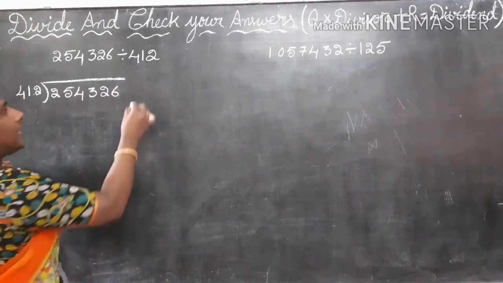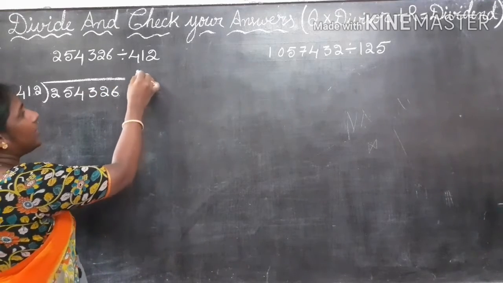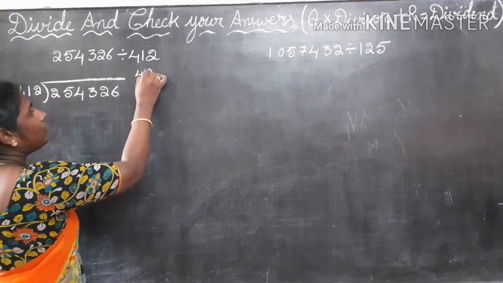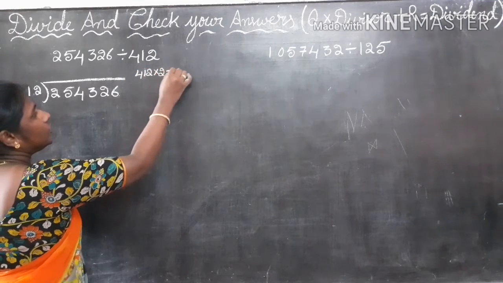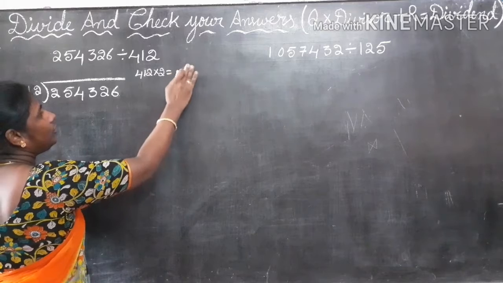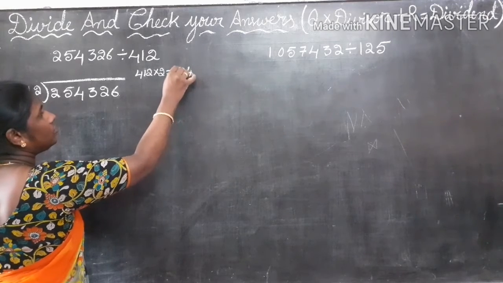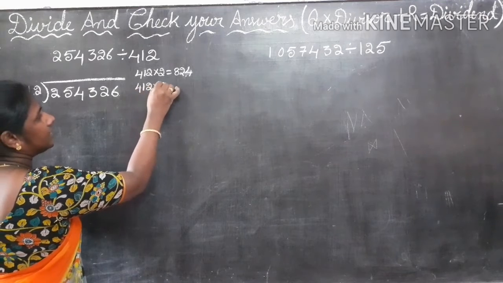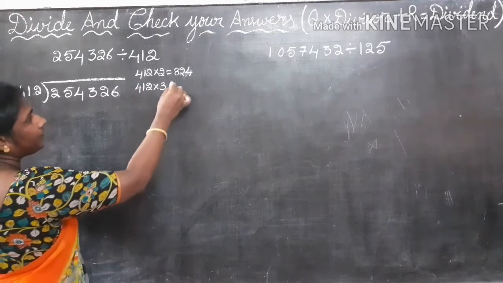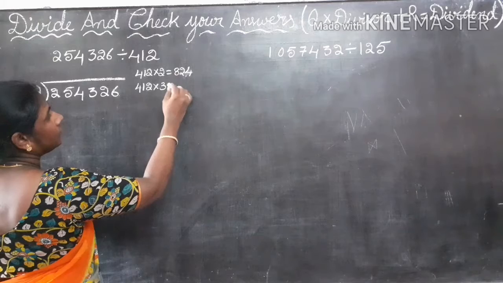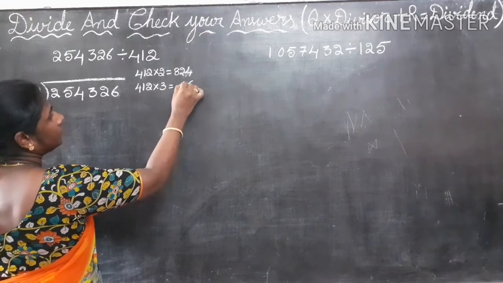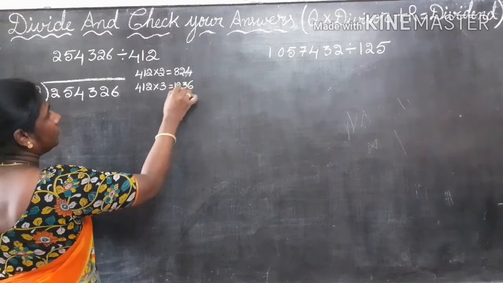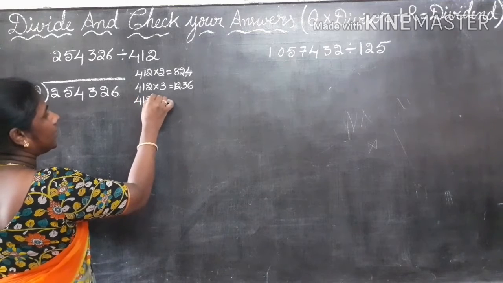So we write the side table. 412 ones are 412, 412 twos are 824, 412 threes are 1236, 412 fours are